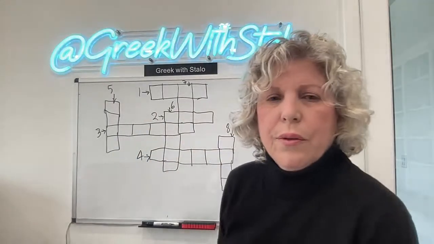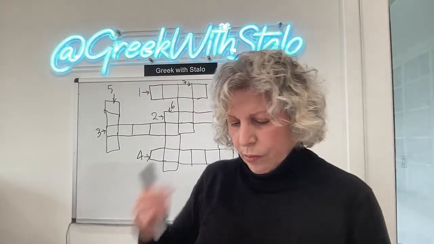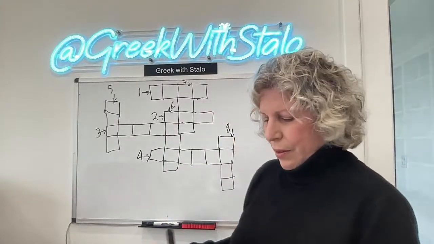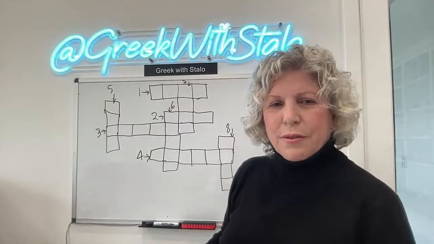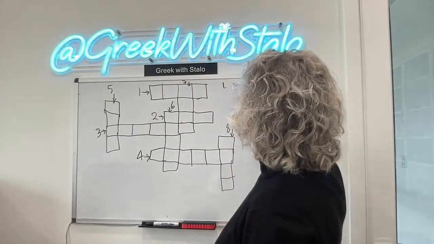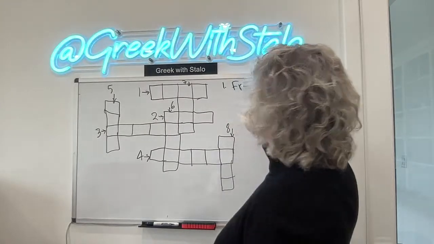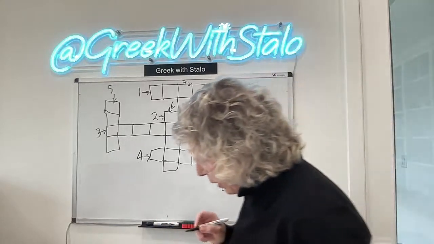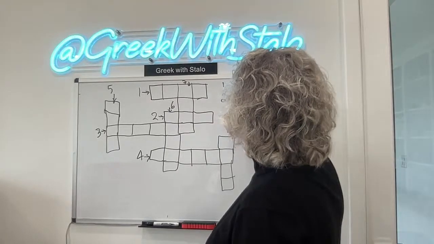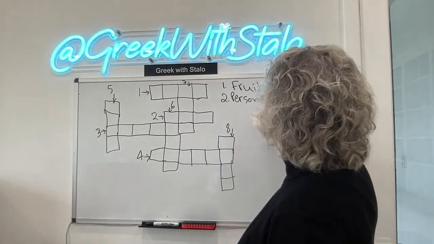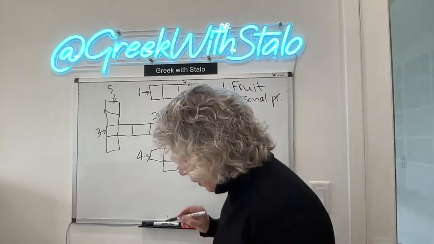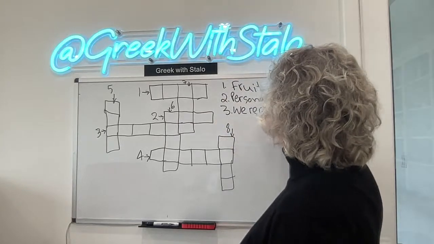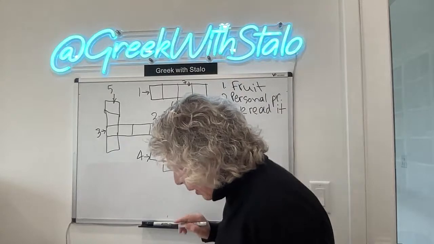Okay, I'm going to give you the clues for each word. So number 1 is a fruit. And this is all in Greek. Of course, you have to find the Greek word. Number 1 is a fruit. Number 2 is a personal pronoun. Number 3, we read it. Number 4,